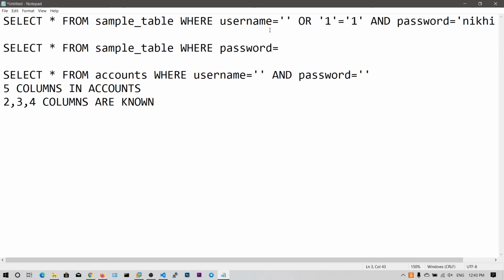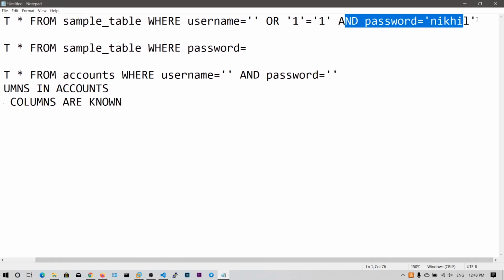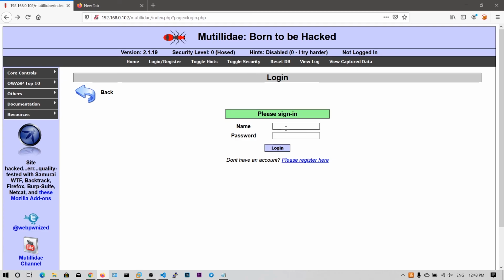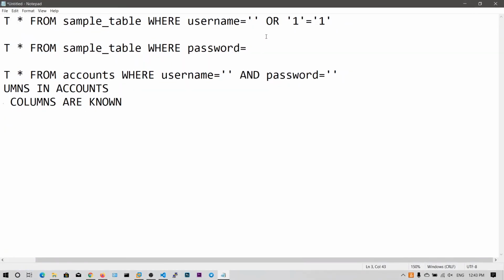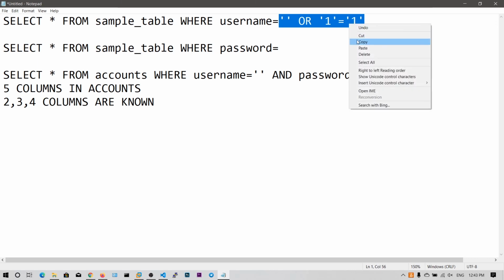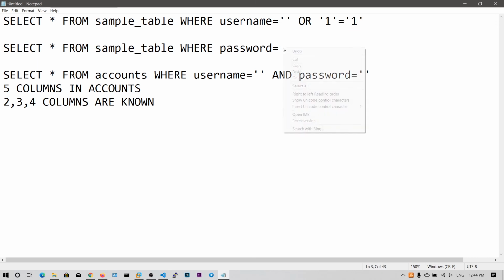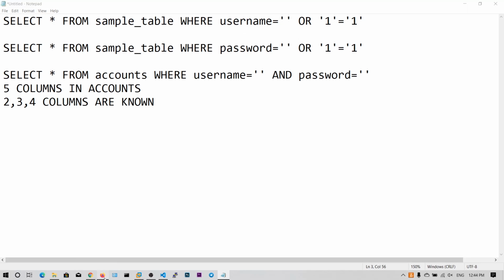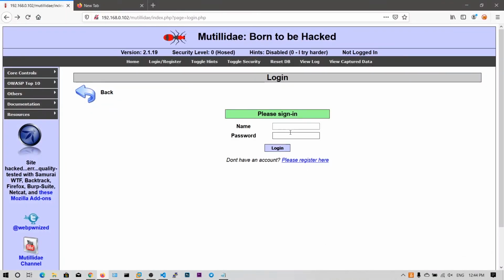So this is the username field, guys. In the previous video we had both at the same time, but in this video we have two fields, name and the password, so it's being checked two times. I can simply copy whatever I put in the username and paste it in the password field also, and there you go. You can just paste this and try to log in.